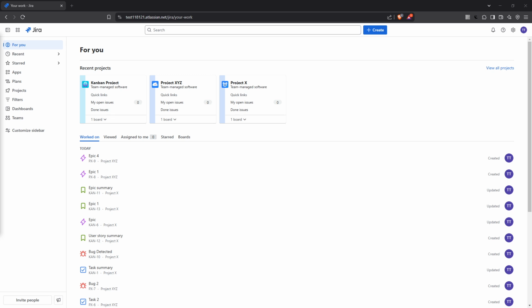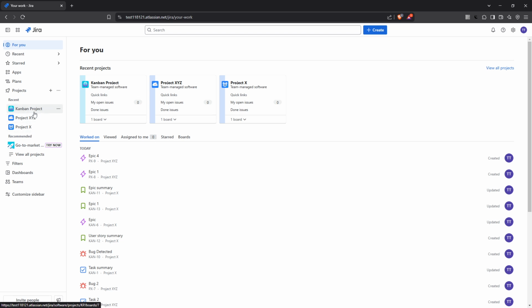First, you'll want to navigate to the left panel of the Jira interface. This panel is your gateway to all the projects you're working on. Here you'll find a list under the projects section. This list is essential for accessing all the different projects your team is handling, and it's where you'll begin our journey today. Now, once you're in the projects section, the next step is to locate the specific project you wish